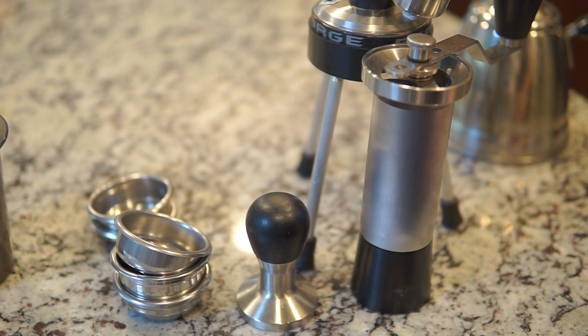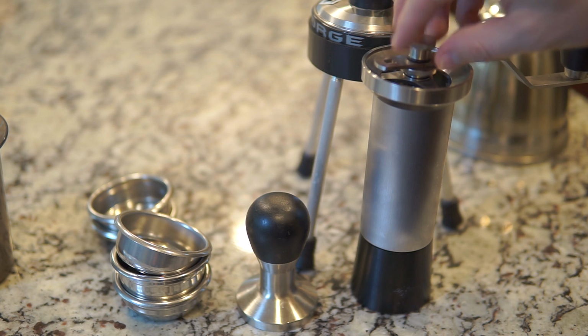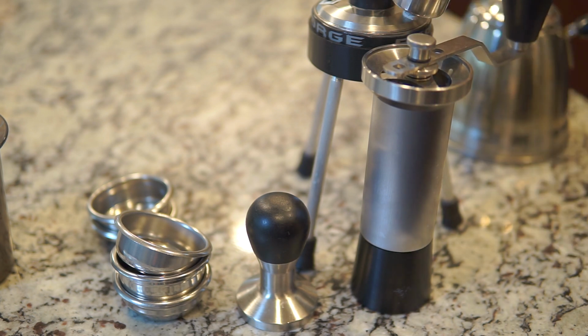That actually makes a big difference. But I guess my point here is, spend more time and money and effort into your grinder, and all those sort of WDT grind preparation things, most of that goes away. So the Forge is fairly forgiving when it comes to grind and just in general grinders and all that sort